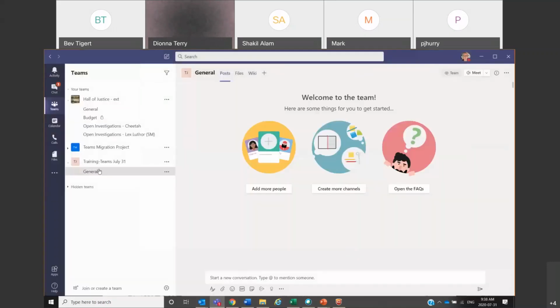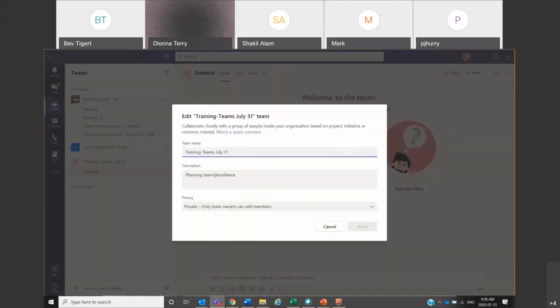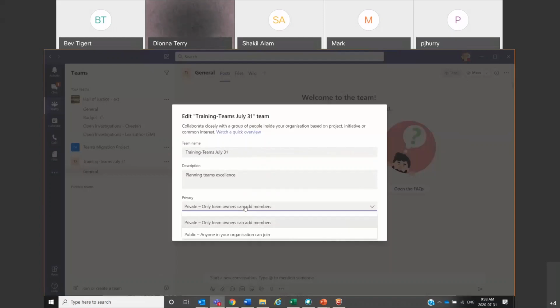And you can see right here over on my quad area, there's my new team, Training Teams July 31st. And there's that beautiful general partner in crime with the team. And again, more options is always at the 3 dots. Again, we saw hide. These are your options at the team level. Manage your team. You can add a channel, add members, leave the team. You can edit a team. And when you edit a team, all you're basically able to do is change the name or description. You're always going to keep it private. So always leave that as is, but that's what it means.